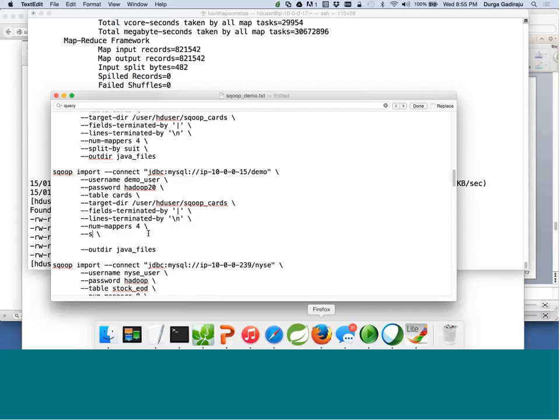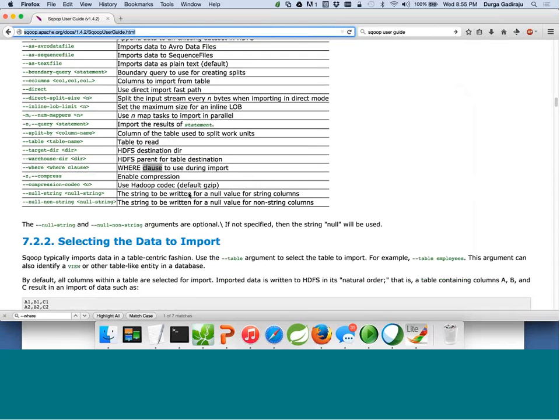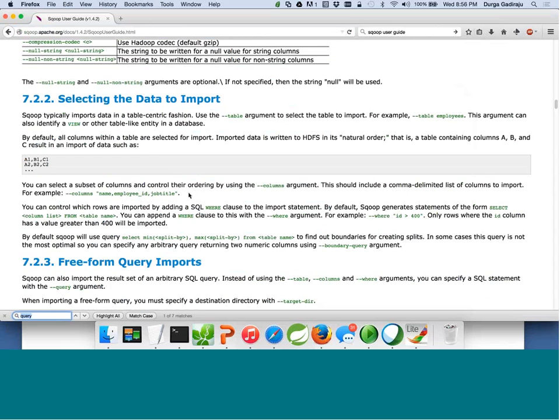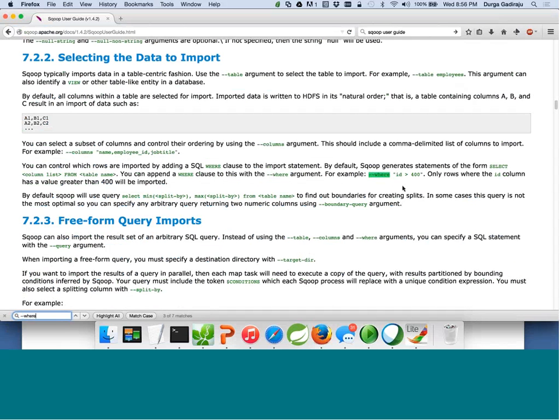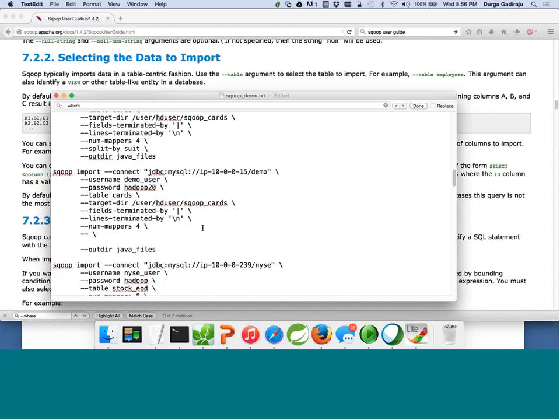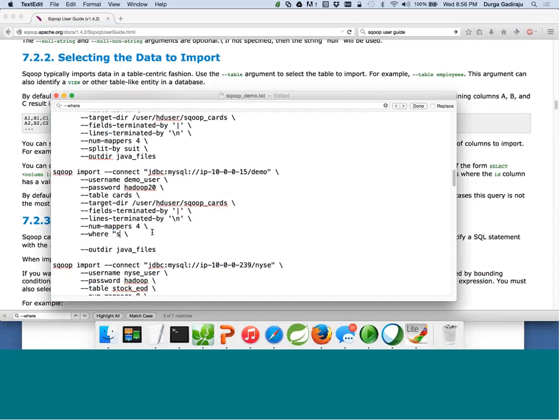So you can go to the reference guide and you can specify like this. Okay, so where weight equal to